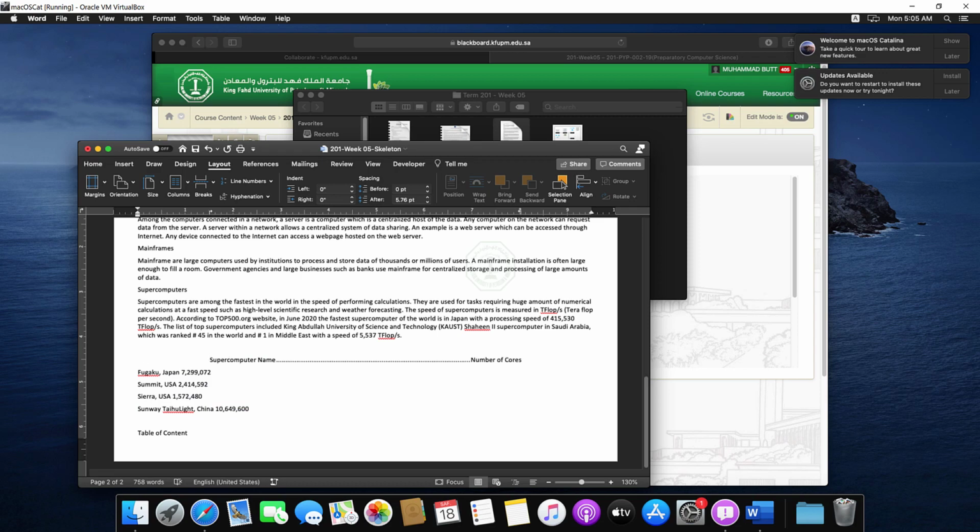So how to use the tab? Once again we follow the same procedure. We press the tab key on the keyboard to make sure our list starts at 1.5 inch, and then for the values I will press the tab key. That will make the values jump to 8 inch position, right aligned with